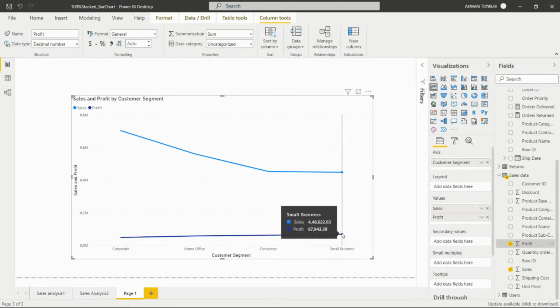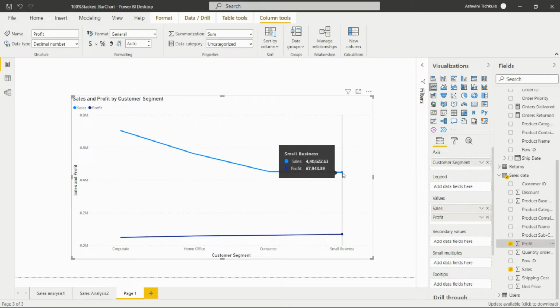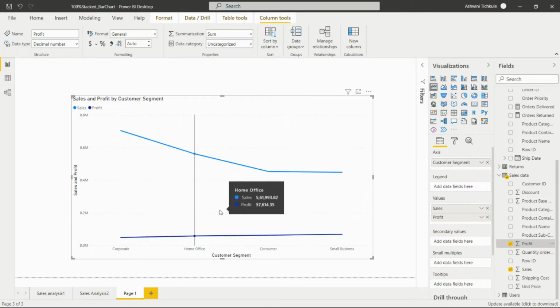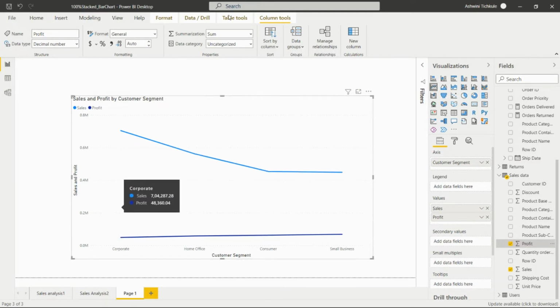And in the last, small business, there are fewer sales and the profit is more than the corporate, we can say. So in this way we can analyze this particular visual, and we can do the formatting over here.